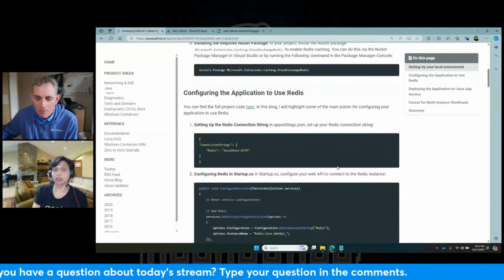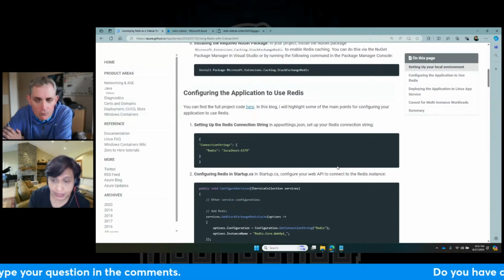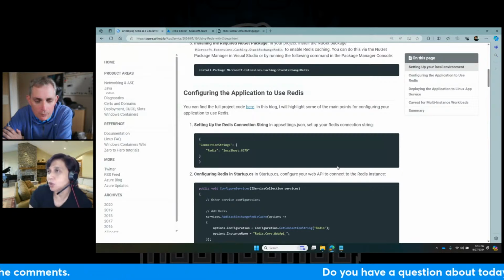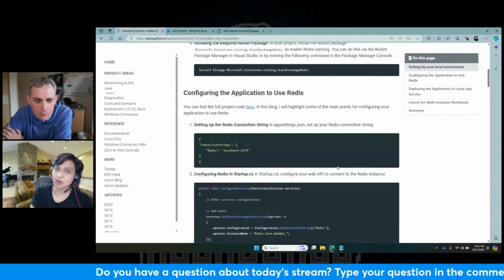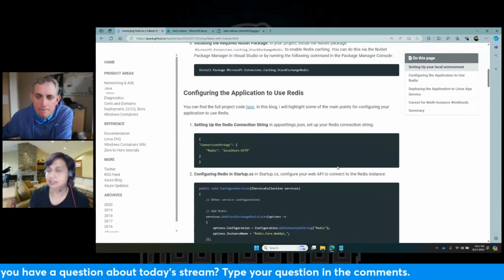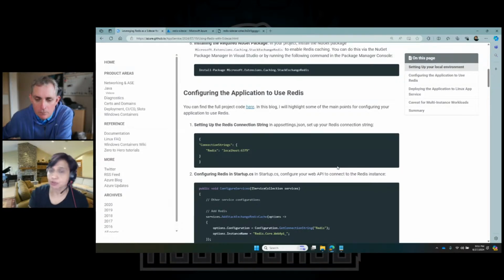Now, obviously, this is not going to scale to multiple scenarios. So if you have an application which is running on multiple instances, then having a local cache doesn't make as much sense. You probably want a distributed Redis. But let's say you are running a small app which is running on a single instance. You don't want the additional cost of having a distributed Redis, and you just want it there right beside you running with your main application. In that case, you could just use the Redis image provided by Redis itself and run it as a sidecar to your main application.